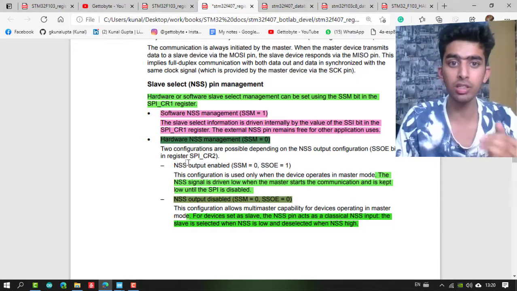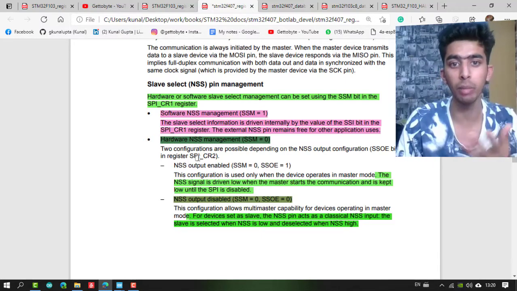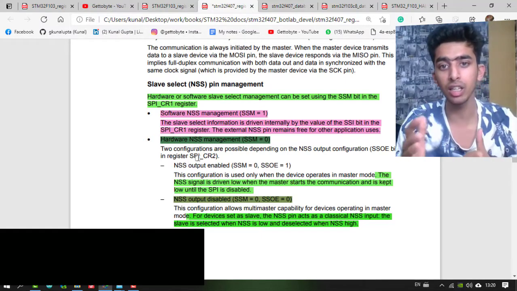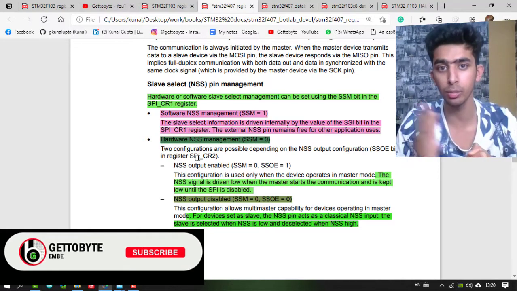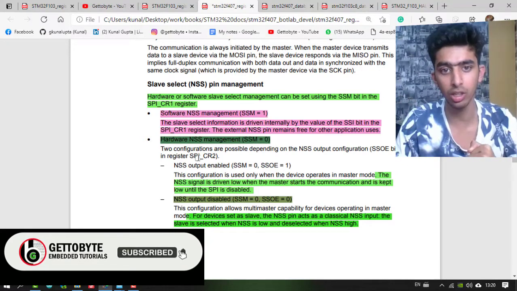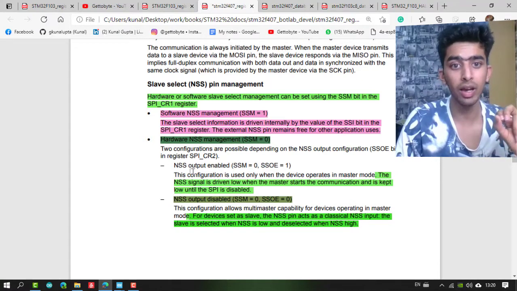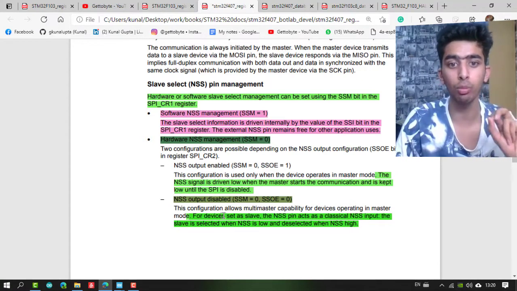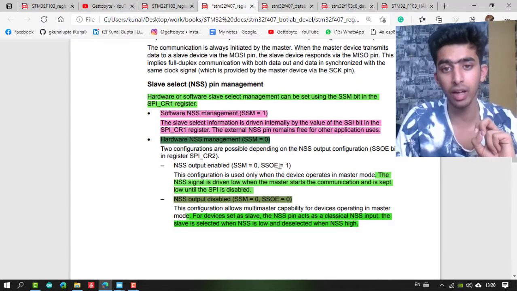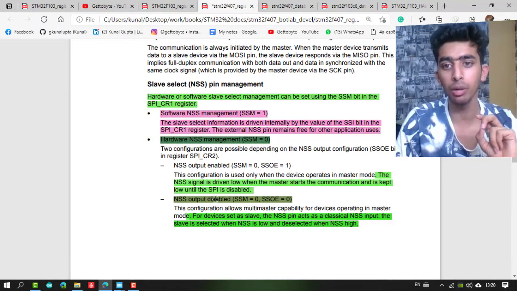Another option is the normal, traditional way in which hardware management is used, in which we set our SSM bit, slave select management, to 0. In this we can again configure in 2 ways: NSS output enabled and NSS output disabled. The SSOE bit decides whether output is enabled or disabled.